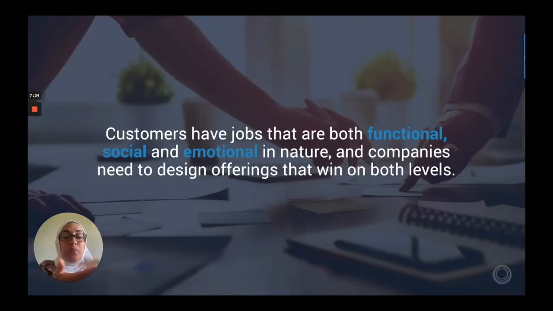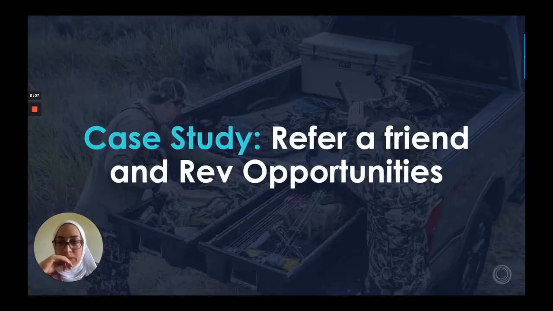Remember, whenever people are purchasing, there are jobs that they're trying to accomplish that are both functional, but they're also social and emotional. So the point is that a lot of times, if you look at any type of website selling any type of product or service, they're very focused on the functional aspect, which is a valid aspect. It's definitely not something that we don't want to include. You do want to include that information. But what's lacking a lot of times is the social and emotional. So how can I make sure that I design offerings that really are addressing both and not just one aspect?